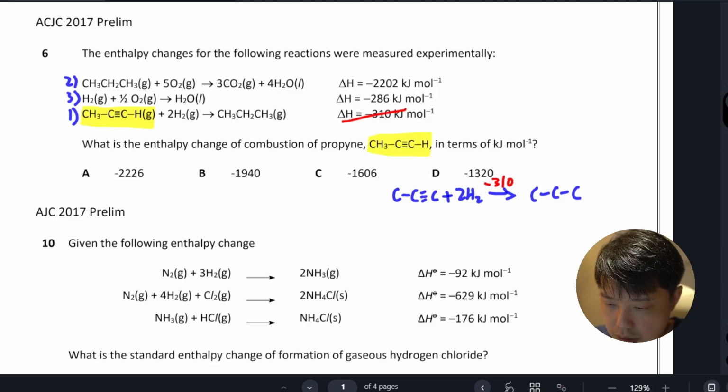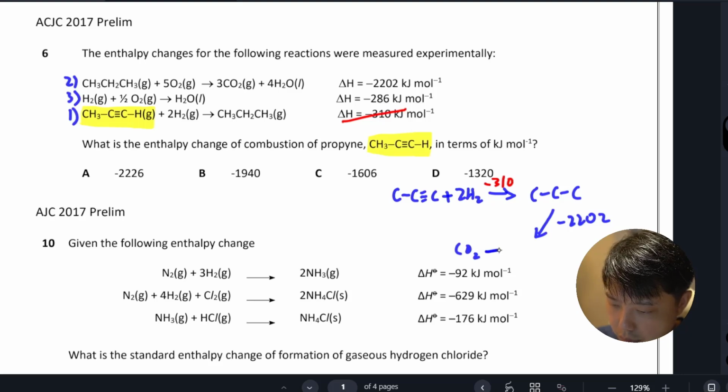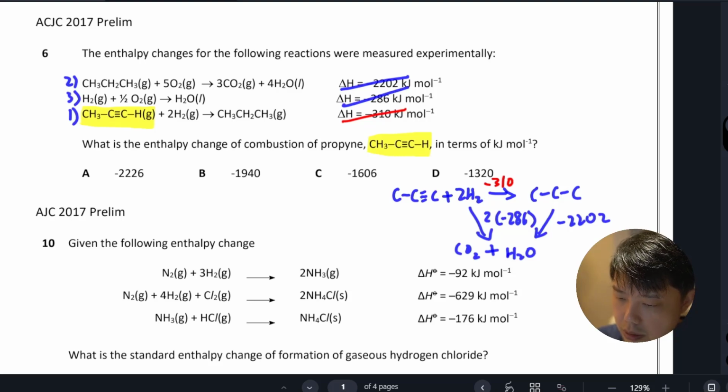The second equation is your propane getting combusted, giving some carbon dioxide. By right, you should balance the equation, but I'm lazy, so I'm just going to write it like this. Once we've used this, we'll cross it out. Last one we have actually is the combustion of H2 gas. There's 2 of them. You need to put a 2 in front. Okay, so use this. Okay, then